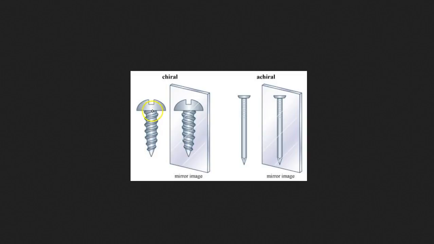The way that I would talk about that is a screw is chiral. To be chiral is to have the property of handedness. So one thing can be chiral or exhibit chirality, but in order to have enantiomers, you have to have 2 of them because they come in pairs, the right and left-handed version. Something that is achiral, A means the lack of, so it's not chiral, like a nail, because if you make the mirror image of a nail, it's just exactly the same.